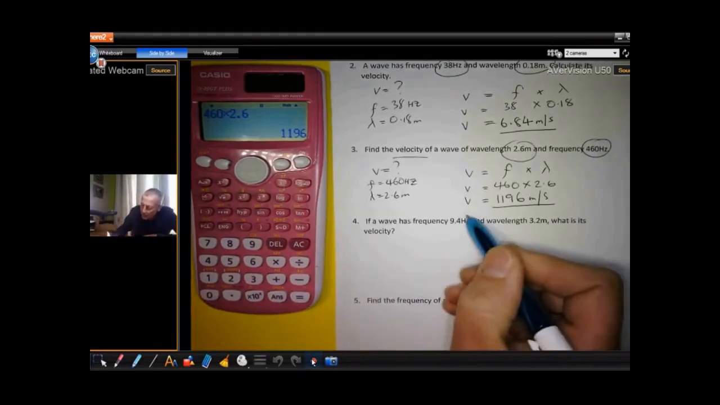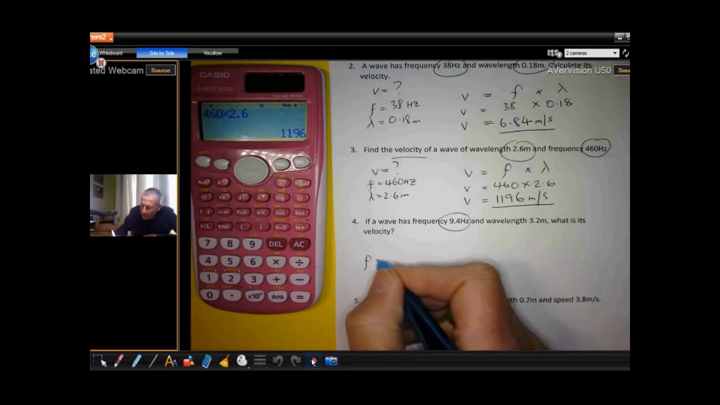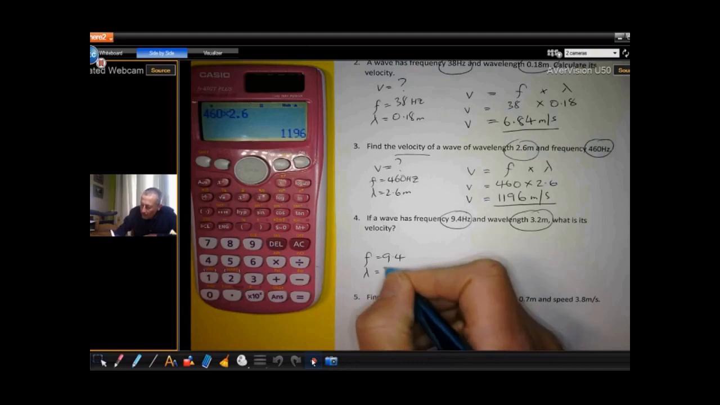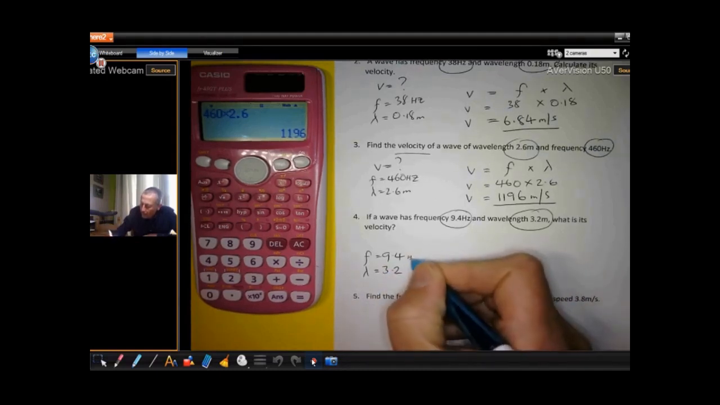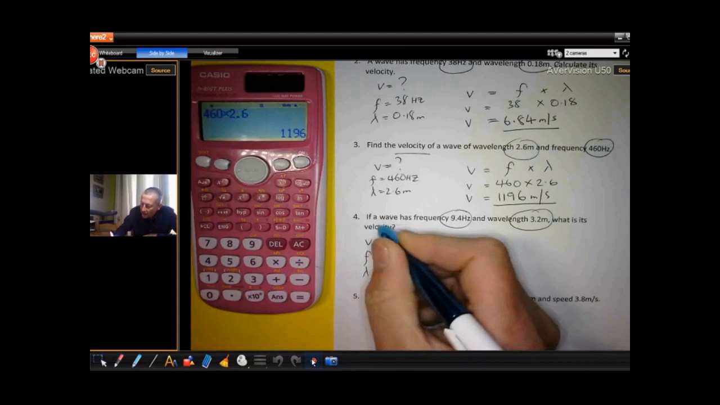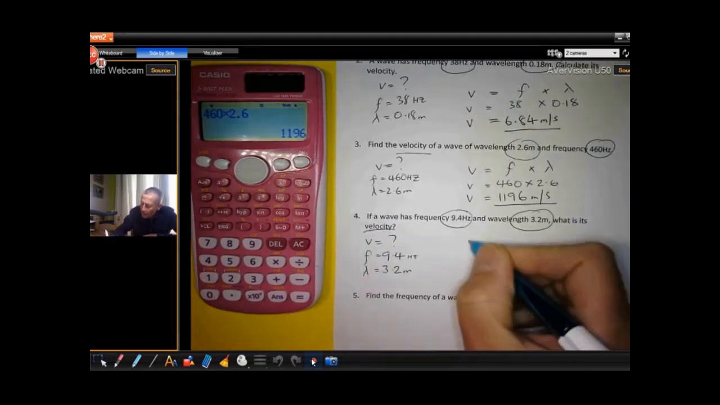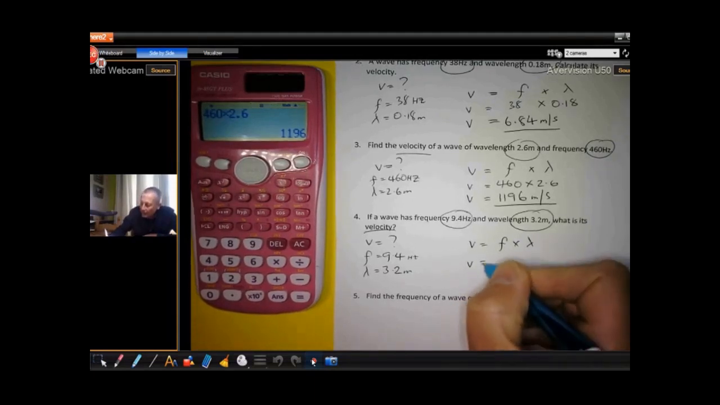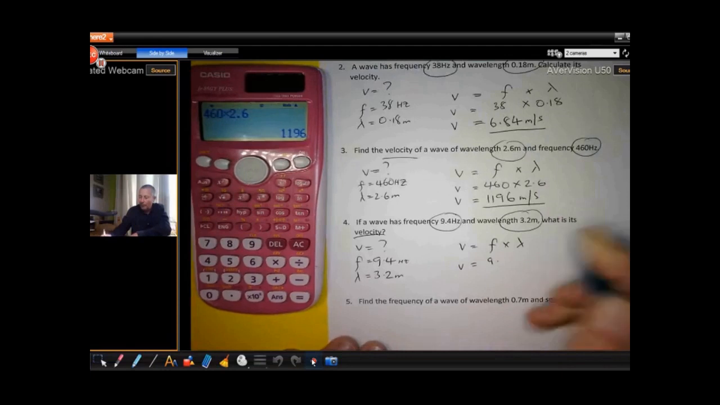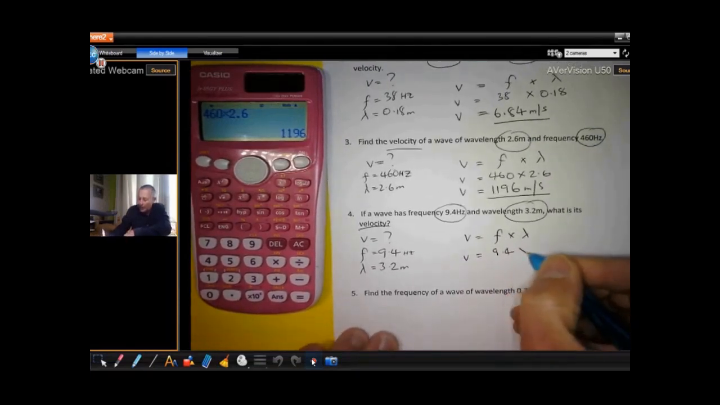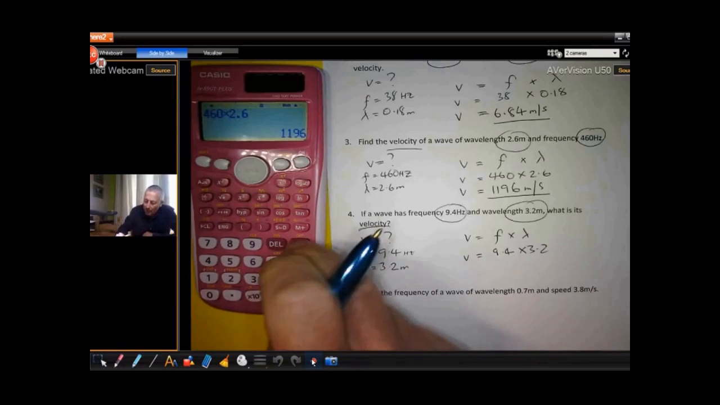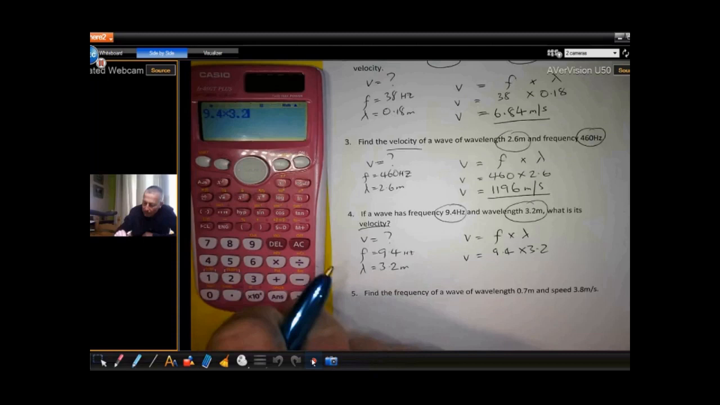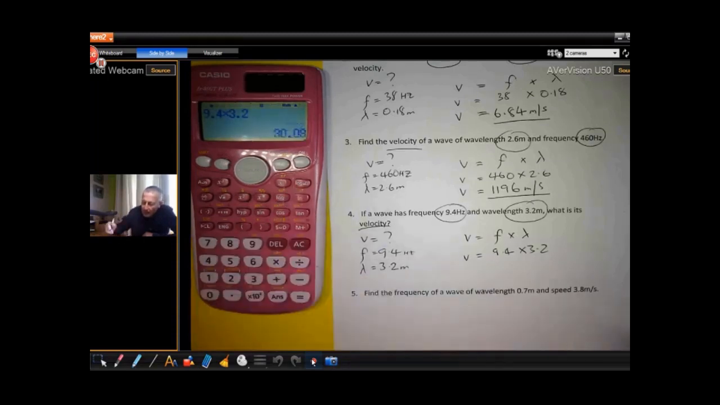Next, the wave has a frequency of 9.4 hertz and a wavelength of 3.2 meters. Hertz, meters. Trying to find the velocity. Velocity equals frequency times wavelength. So the velocity is 9.4 times 3.2. 9.4 times 3.2 is